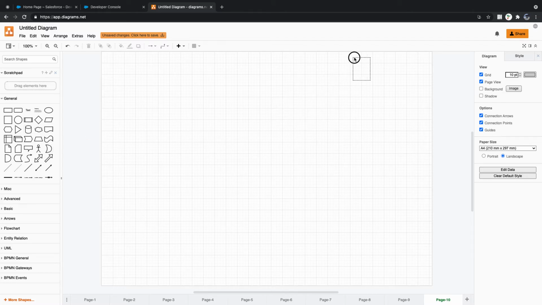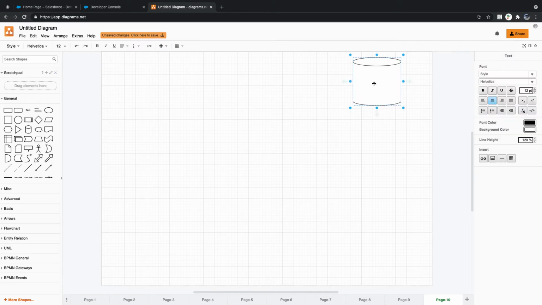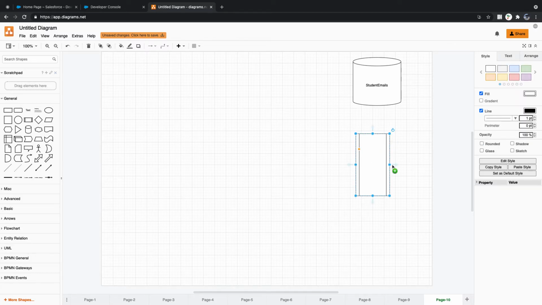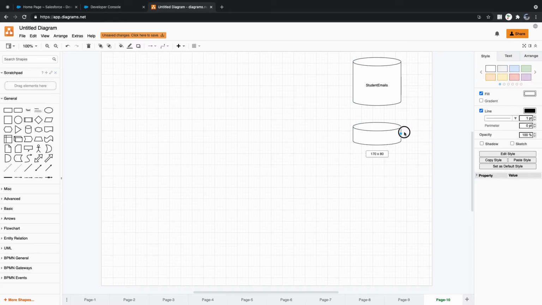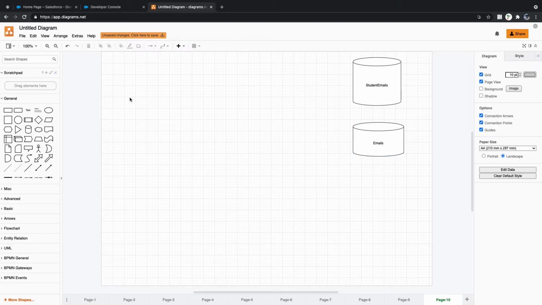Let's say I have an object here which will contain my student emails. I have all my student emails here. I created one more variable, emails, from the existing implementation I'm talking about.